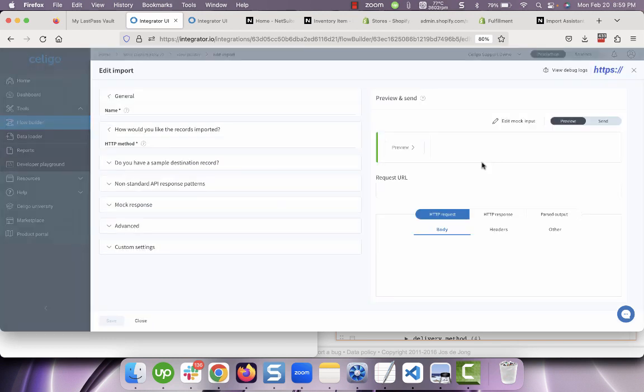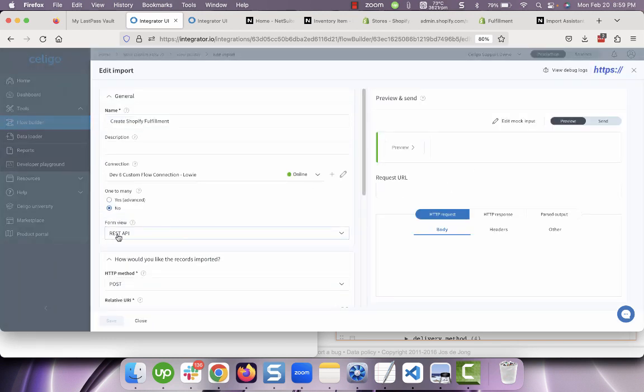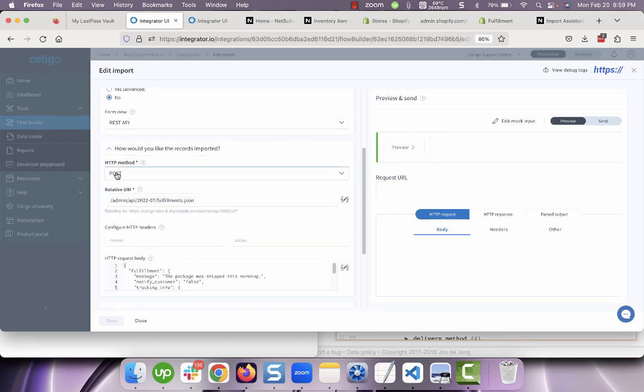So I'm going to go to import, and again I'm doing the REST API form view, doing a post. So this is just a creation of a fulfillment, and the relative URI is fulfillments.json. Take note, this is 2022 July. This API is available from July, but I think it's not available anymore in the April version. So either July or October or the January 2023, this will work with. So it's fulfillments.json,